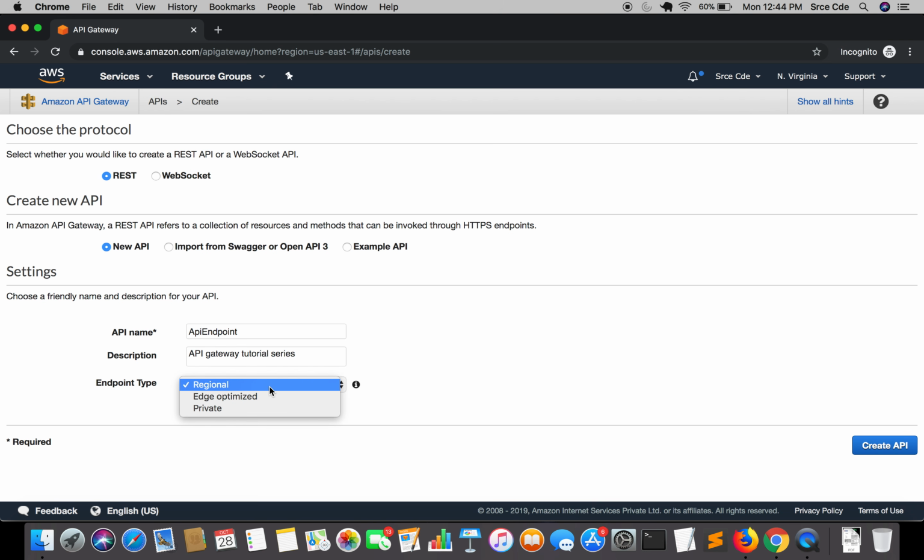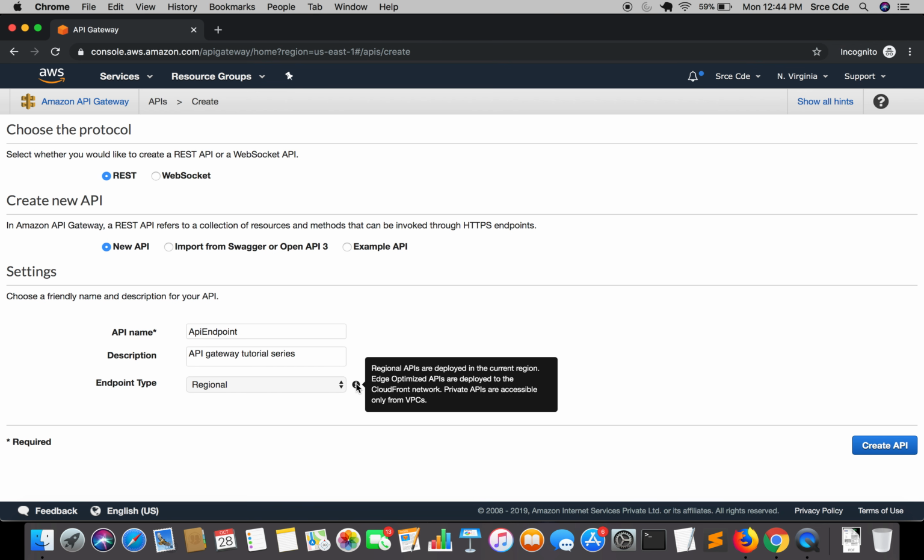Now we have endpoint type. It gives us three options: regional, edge optimized and private. Let's see what each option means. Regional APIs are deployed in the current region. For example, right now my current region is North Virginia, so if I select regional, then it's going to deploy this API in the current region, that is North Virginia.